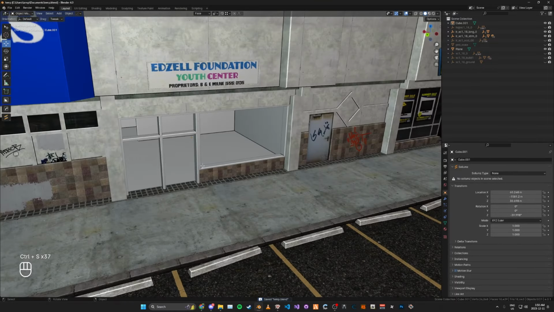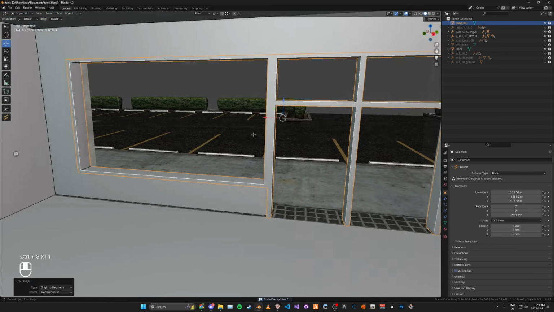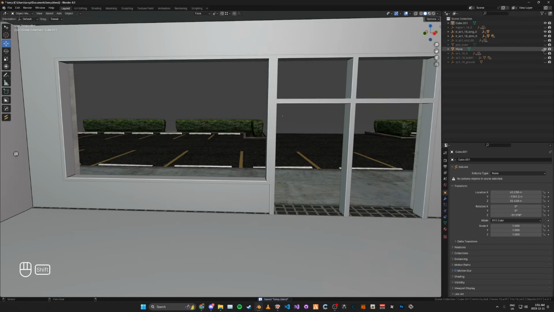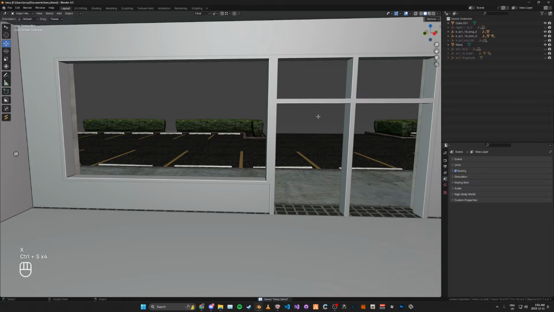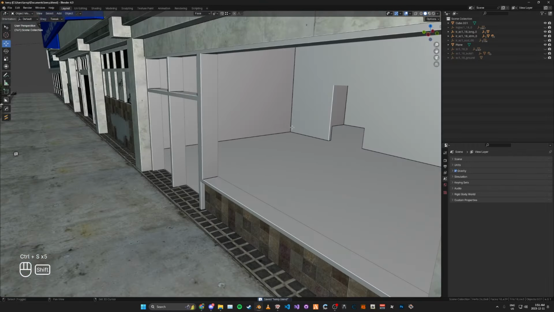Now that we have our window frame modeled, we're going to center the object origin as well. Now that we have our window frame modeled as well and our shell complete, we can go ahead and